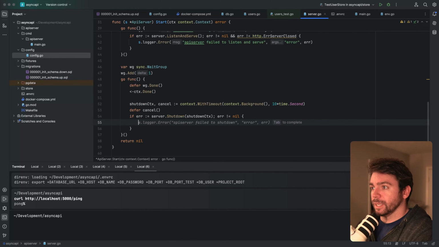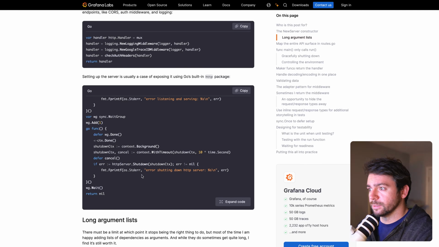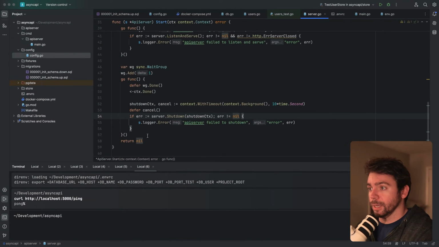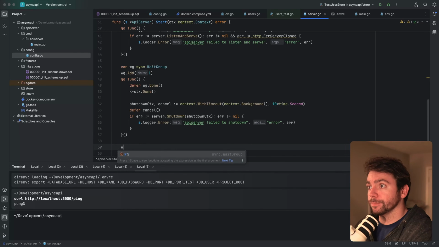Okay, so we can say log this. API server failed to shut down, pass the error. I do want to look at this. This is very similar to what he has here. This is where I'm referencing it. Yep, all we have to do at the end is wait for the Go routine to be complete using the wait group. So wait group,